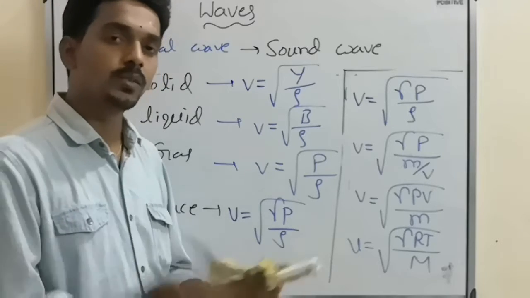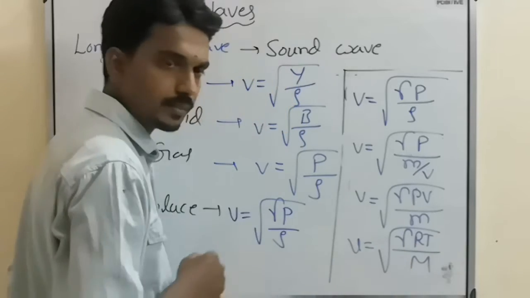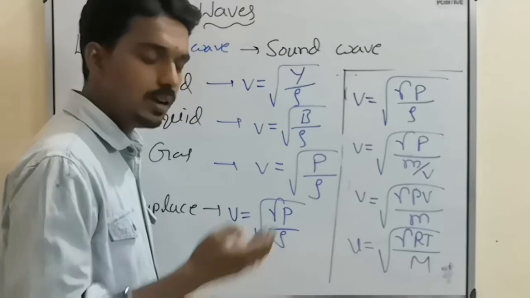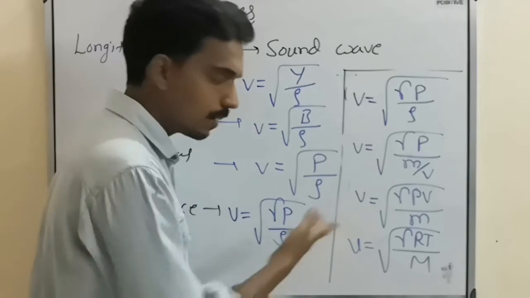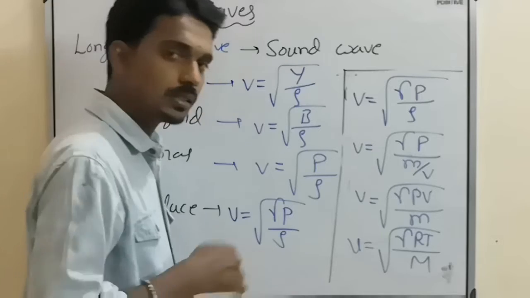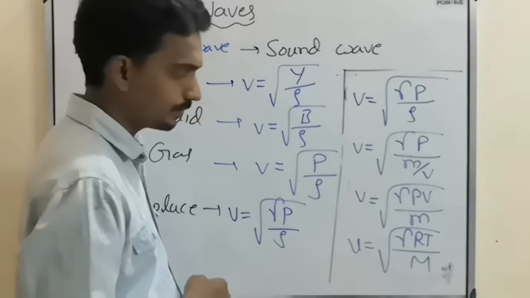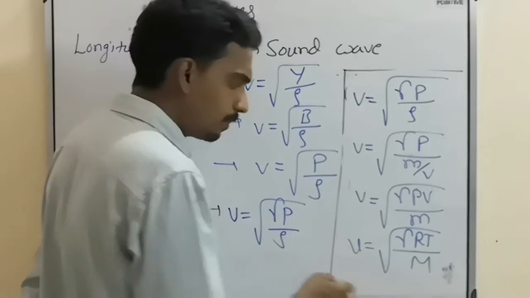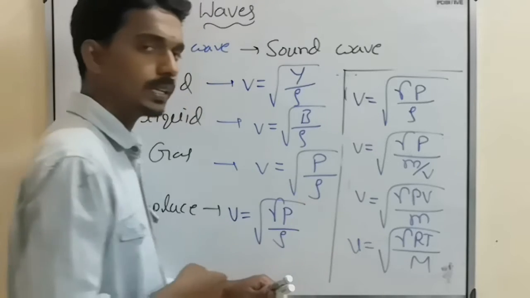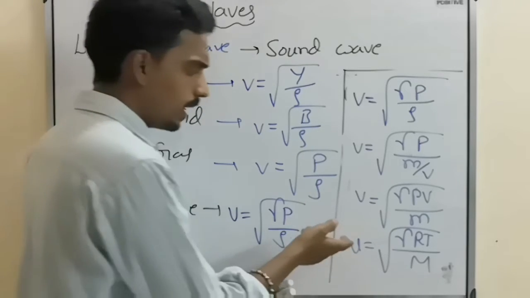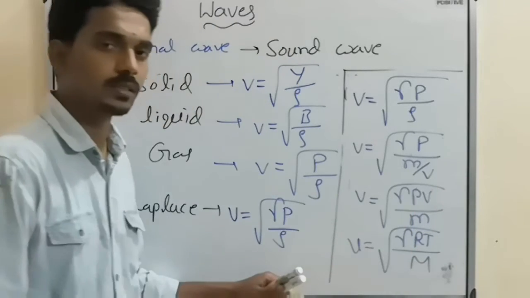So they may give a direct question. Here how many quantities are there? 1, 2, 3, 4. How do you find gamma? Depending upon whether it is mono, di or triatomic. Mono means gamma is something, di means gamma 7 by 5, tri means gamma is something else. So depending upon the given gas, you first choose the gamma value and temperature, and depending upon the gas you get the molecular mass and you can calculate the speed. Or else they may give the speed, gamma and M, and then ask for the temperature.